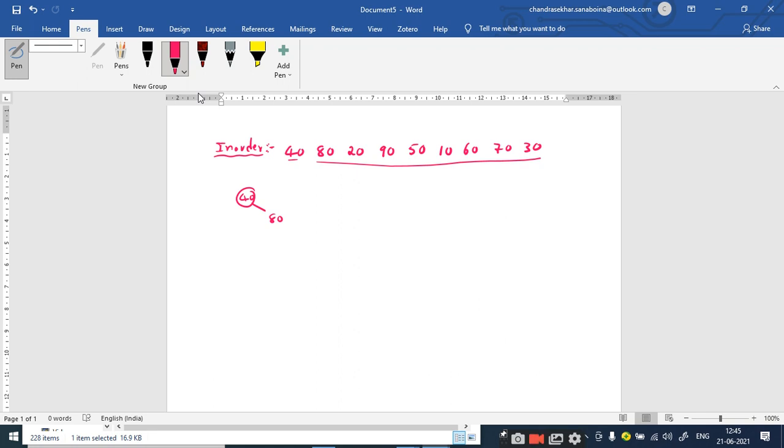Here the first step I have taken is 40 as the root node. Then if I proceed in the similar manner which I explained in the earlier classes, we will get a right skewed binary tree like this,